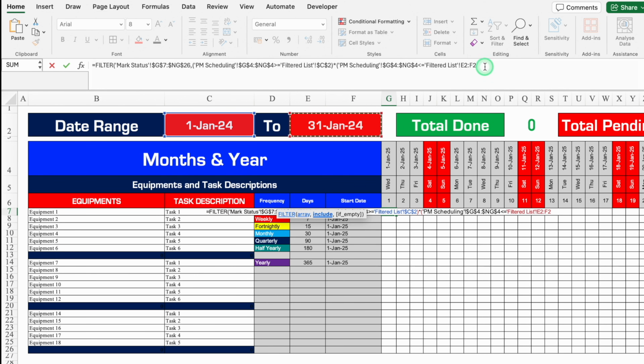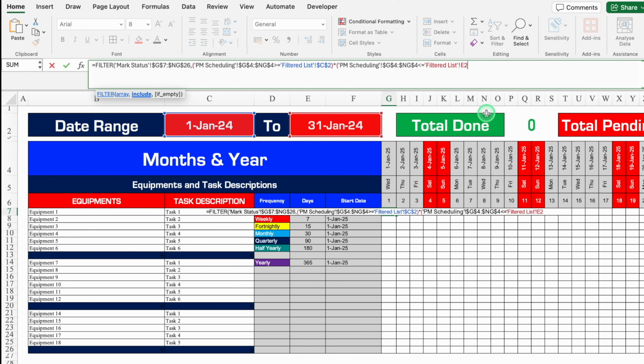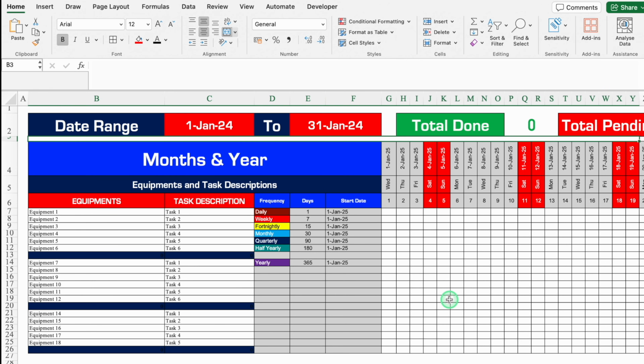Here we got a range, so I'll delete this. We'll press F4 or function F4 and the cell will be locked. We'll close the bracket, but before hitting enter, we will insert the criteria of if error. If error, bracket open, we'll come to the end, comma, double inverted comma twice for blank, we'll close the bracket and we'll hit enter. We are not able to see anything because our format is starting from 1st Jan 25